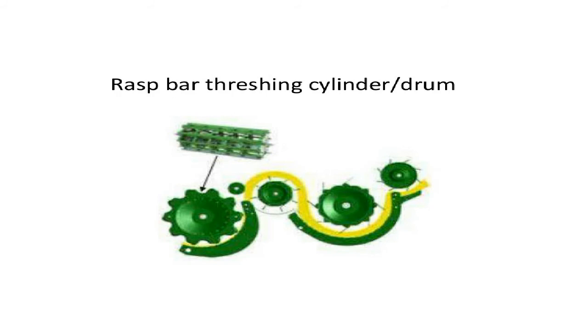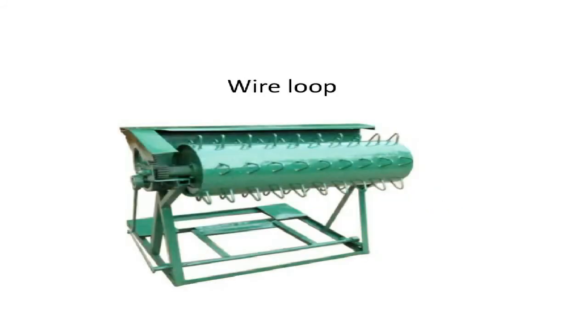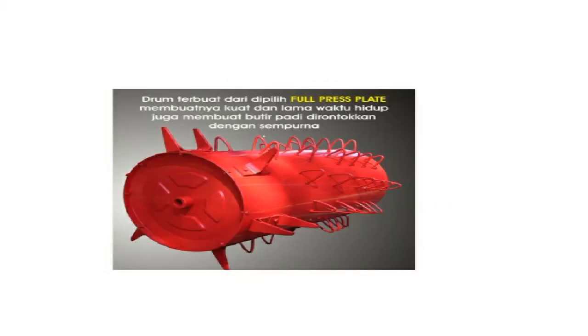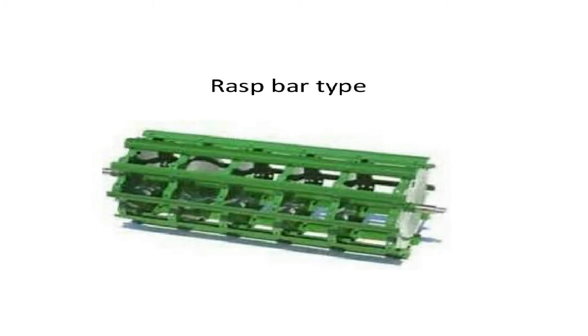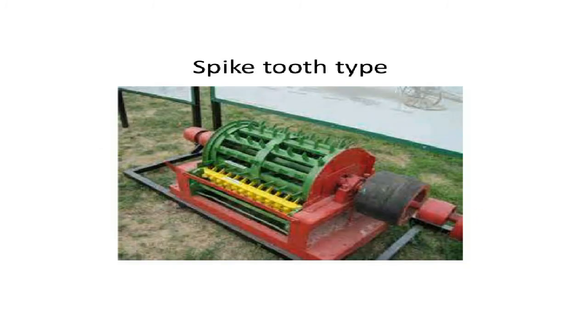This is the rasp bar type of thresher, generally used for the wheat crop. This is the wire loop type of thresher. These types of threshing cylinder are used for the paddy crops. This is again the drum or wire loop type of thresher. This is the rasp bar type thresher. Then again,